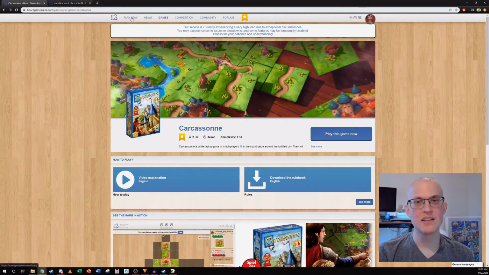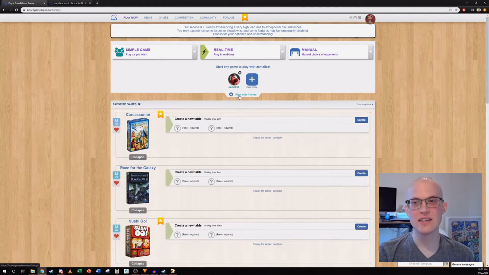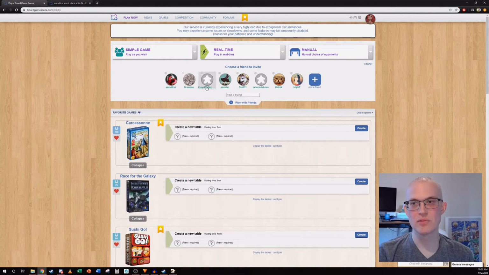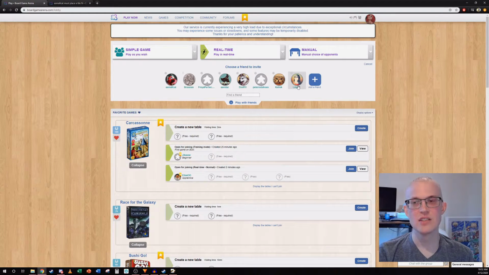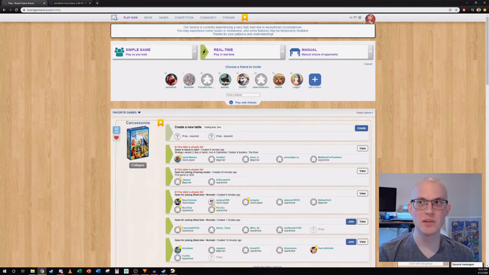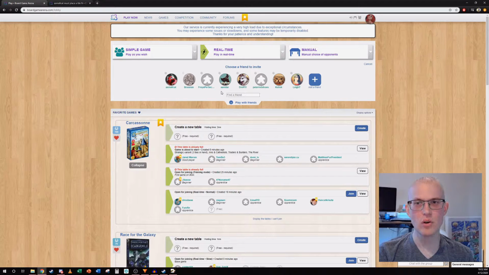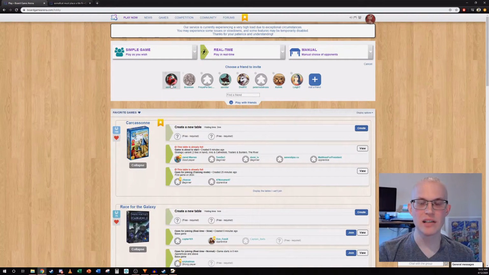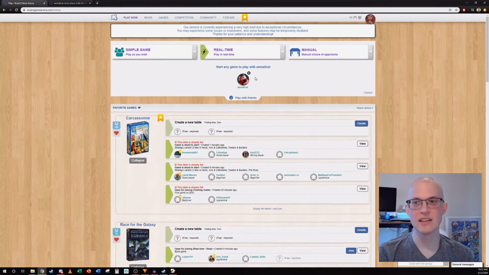And to do that, you go up to this Play Now tab up at the top. In the Play Now, you can see that there is this little button here. It says Play with Friends. And then I can choose which of my friends to invite to this game. How you add a friend is up here in the Account tab. So let's say I want to play with a small cat. I will click on a small cat, and they'll pop up here to be invited,